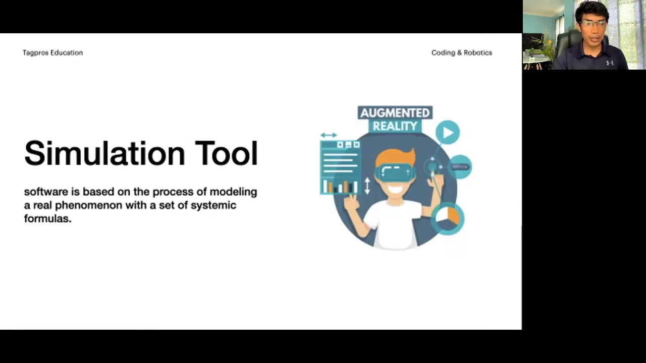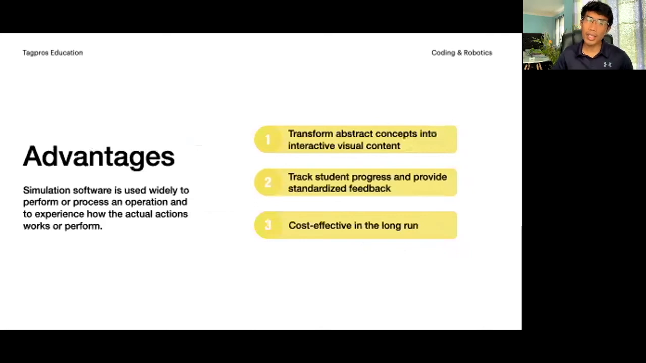So let's talk about the advantages of using an online simulation tool, whether online or offline. I listed here three major advantages of using a simulation tool. Simulation software is very important, as mentioned a while ago, because of these advantages. So first,